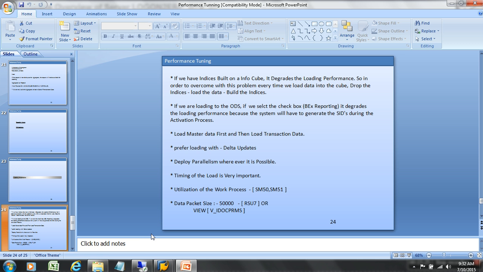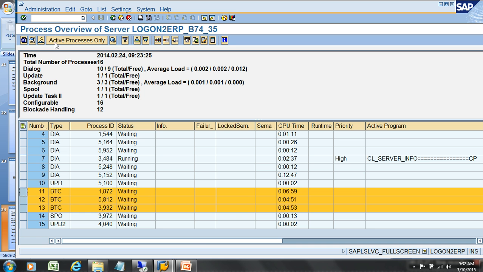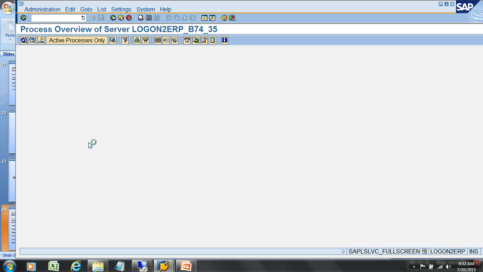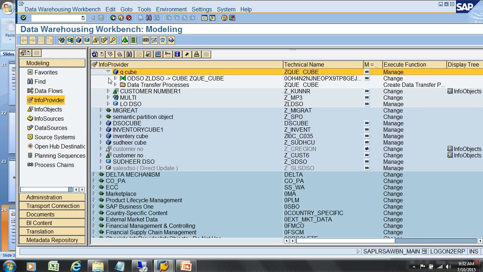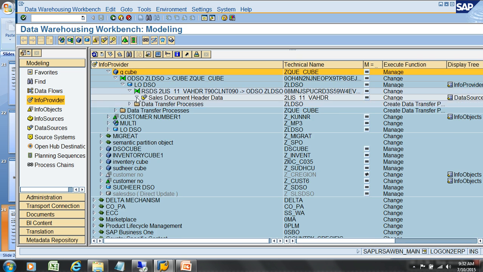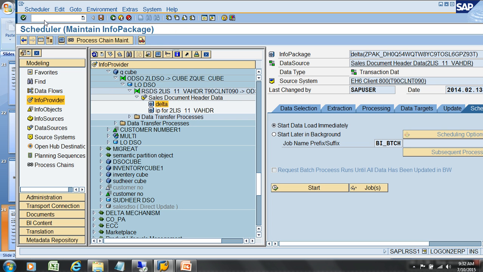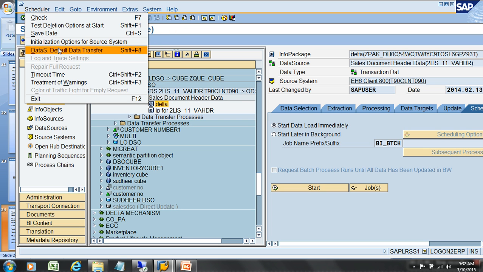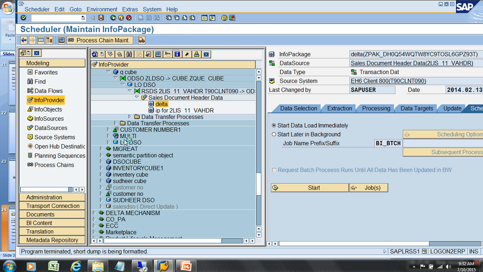And how do you control the packet size? Settings. If you go to any info package, scheduler menu, data source default data transfer, here you can